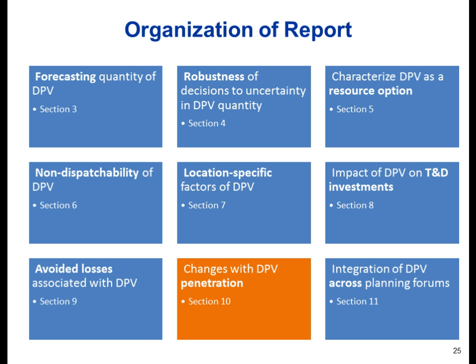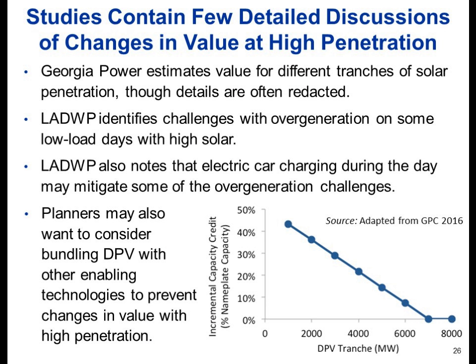In the next section, we also looked at how planners can account for the fact that the costs and benefits of solar can change as more solar is added to the system. Given the relatively small amount of distributed PV forecast by planners in many of the studies, we didn't see much of a detailed discussion of how costs and benefits of solar can change with increased penetration. A few notable exceptions to this were Georgia Power and